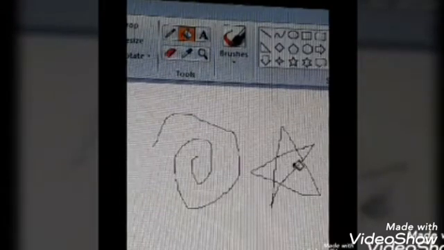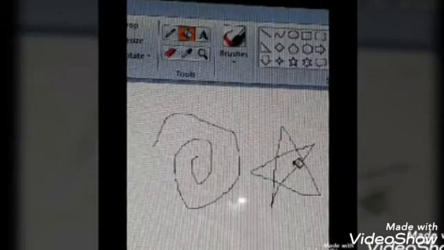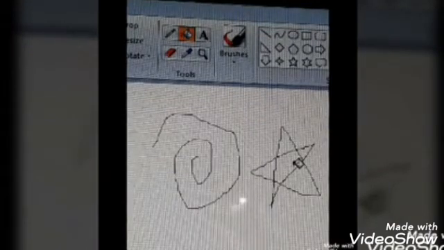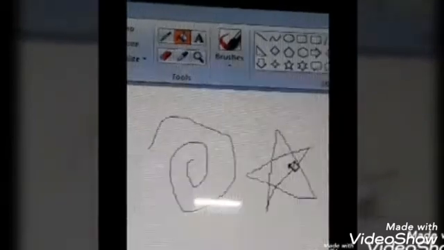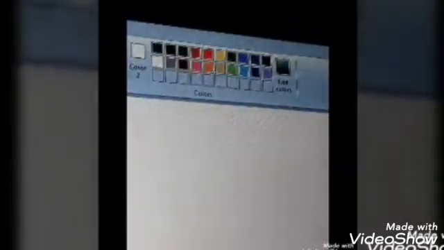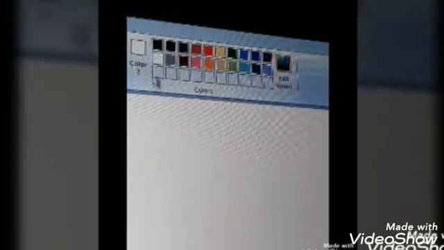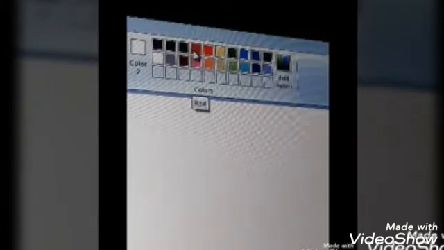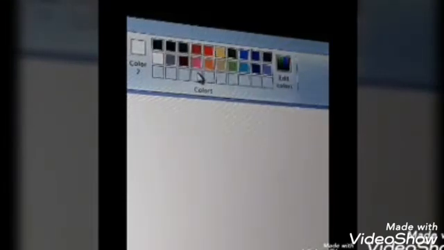Now suppose if I click here, before clicking you have to select a good color. Of course all colors are good, but whichever is your favorite, that you have to select. For that I will move the screen a bit. Yes, here you can see the color palette. So in this bar so many colors are there, children. Whichever color you want, you can just go to that color and click your mouse on that color, and once it is selected, it means you have picked that color.